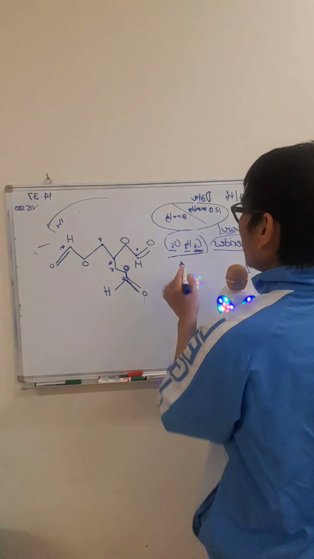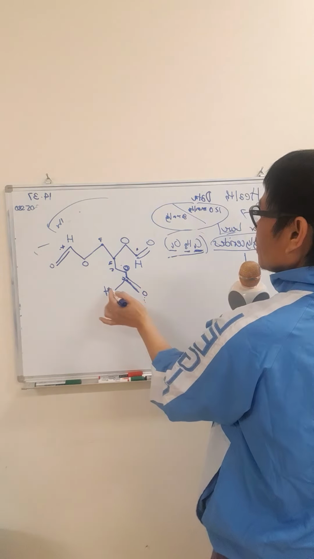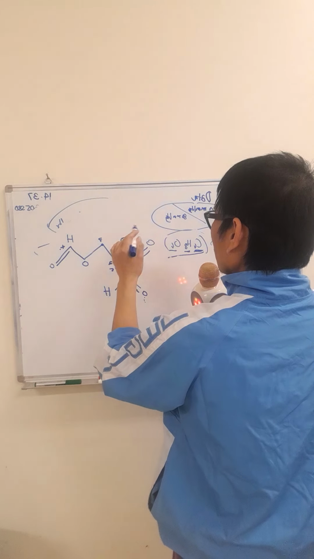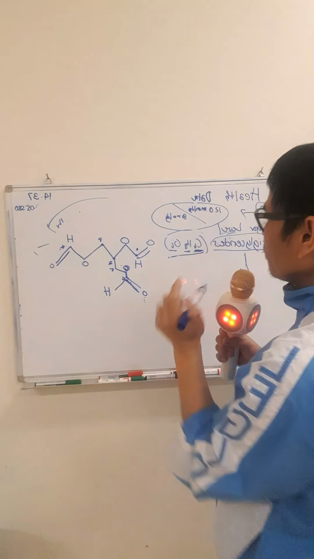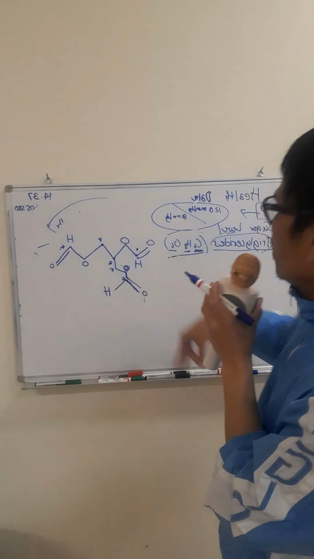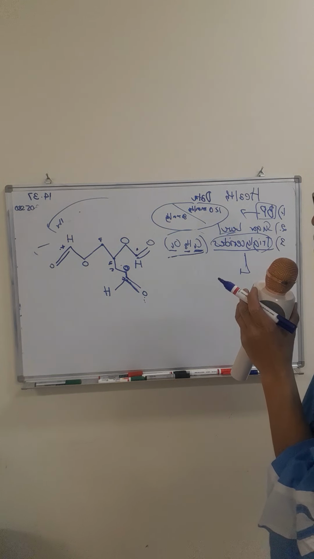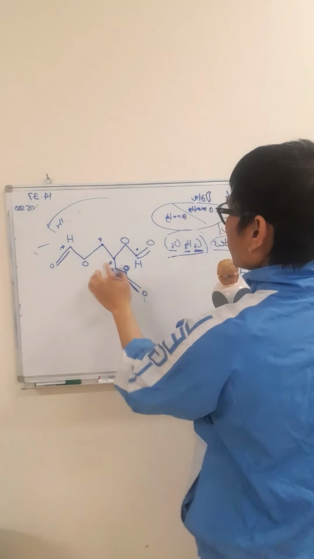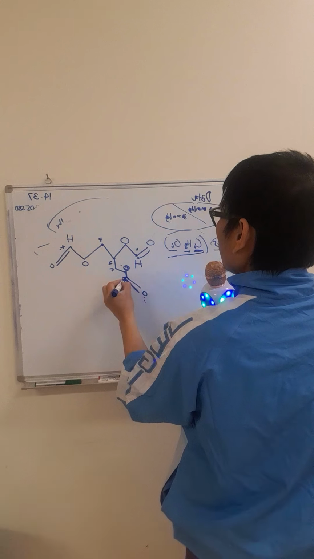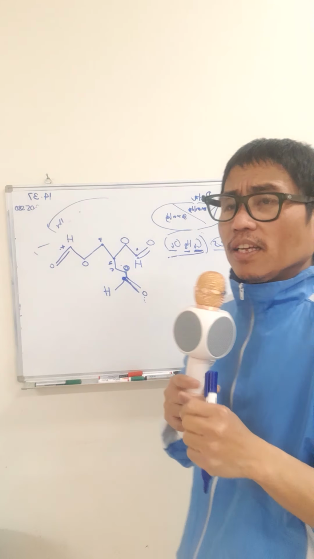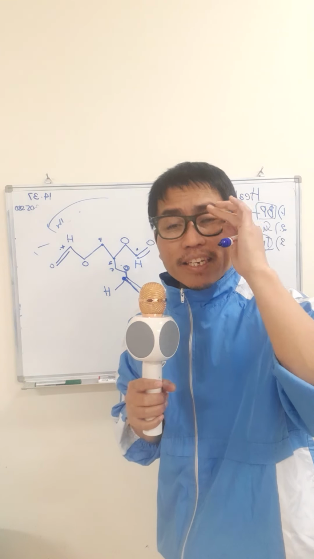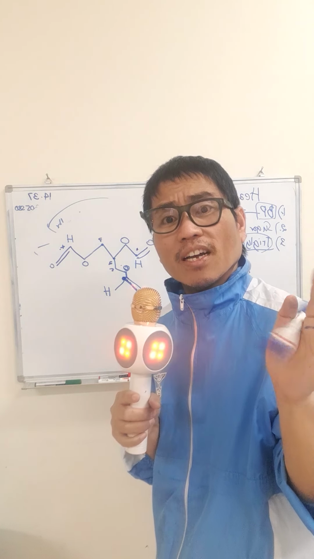Now, hydrogen is 8. This hydrogen will produce hydrogen 1, 2, 3, 4, 5, 6. So 6, like that. So you get the point? So actually, this is understood. It's going to be like this. There's a carbon here. And then carbon in Lewis dot structure in octet rule in general chemistry lecture,